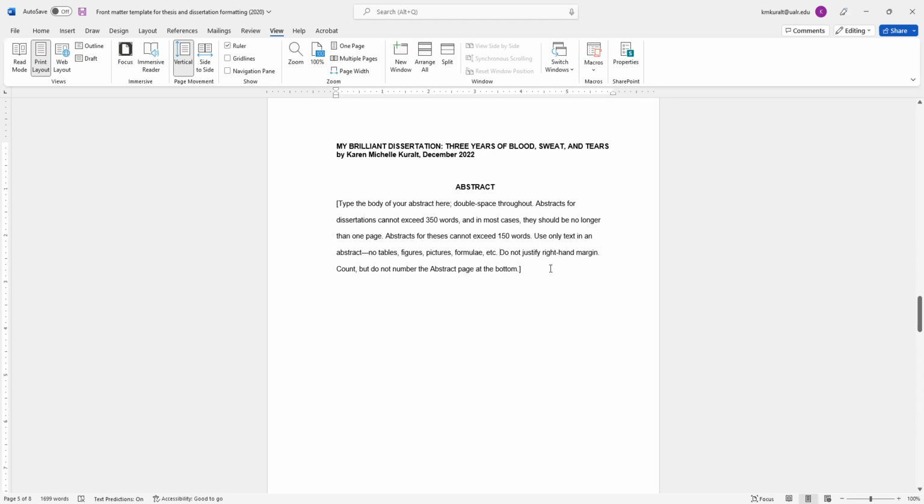The key thing for you to think about in writing your abstract for your thesis or dissertation is you want it to summarize the entire project. You don't want to just tease people. You can almost do it in 4 to 5 sentences where the first sentence is, what is the problem you were investigating? The second sentence is, what methods did you use to investigate it? The third sentence is, what were the key findings? The fourth sentence is, why is this important?